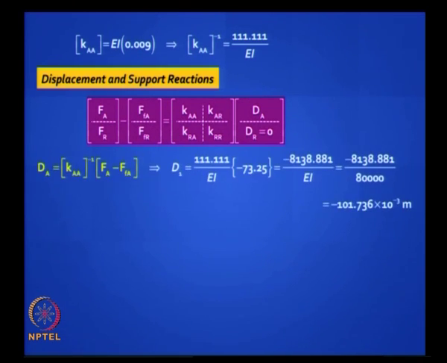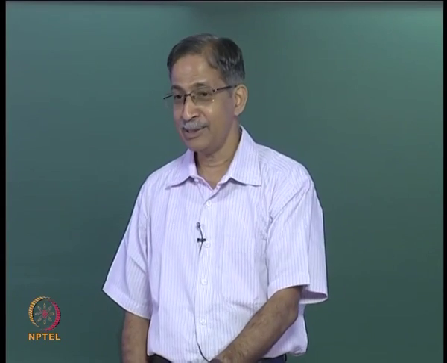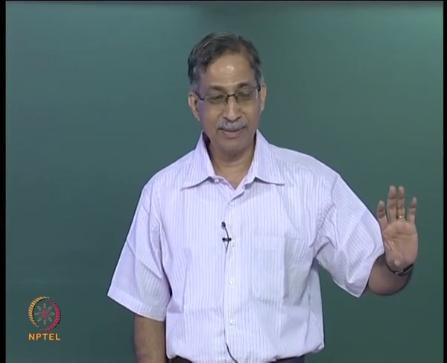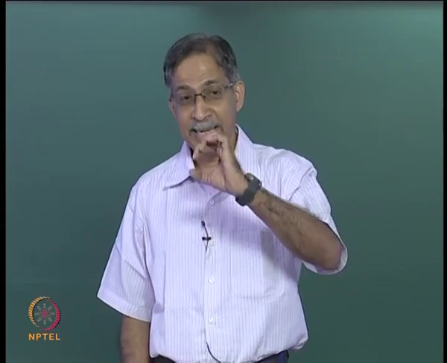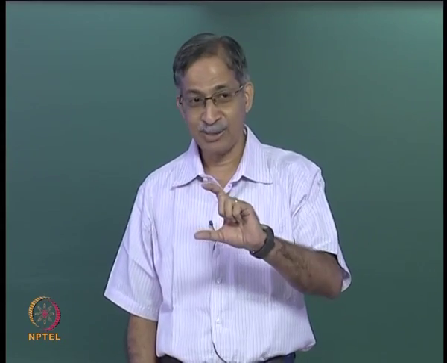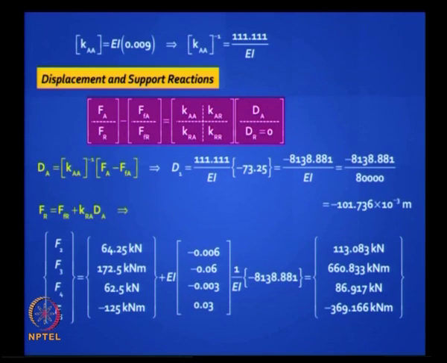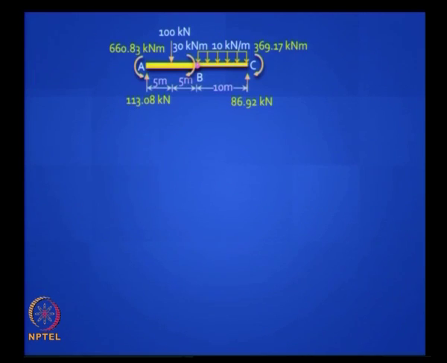Solve for the unknown, single unknown displacement D1 in the middle. Remember we did this problem, we got 101 mm in the conventional stiffness method. We also noted that when the hinge was not there, the deflection was very small, the hinge made the whole system very flexible, the deflection shot up by a large amount. Find out the support reactions, they match with what you solved earlier using the clamp, but this is much easier. One unknown here, and there you had to bring in the clamp.